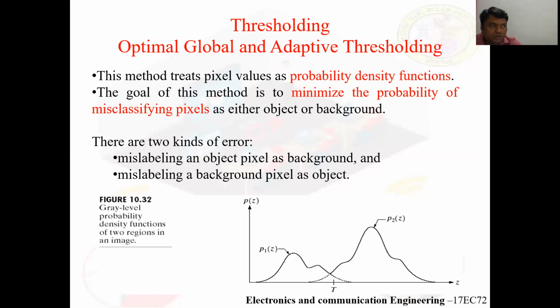Multiple thresholds. So far we have focused our attention on image segmentation using a single global threshold. The thresholding method can be extended to an arbitrary number of thresholds. In the case of K classes C1, C2, up to Ck, the between class variance generalizes to the equation: sigma square b is P1 of m1 minus mg square plus P2 of m2 minus mg square plus P3 of m3 minus mg square. The threshold image can be given as g of x,y.